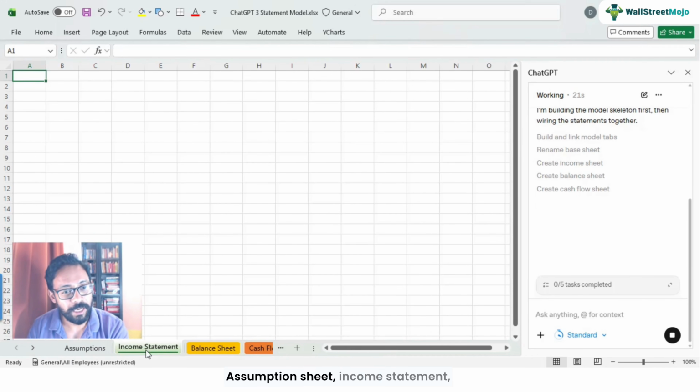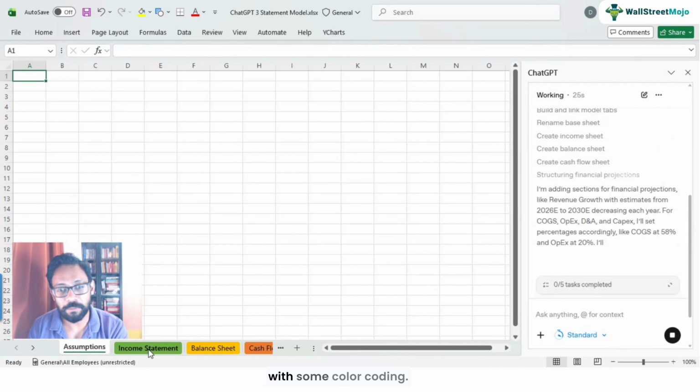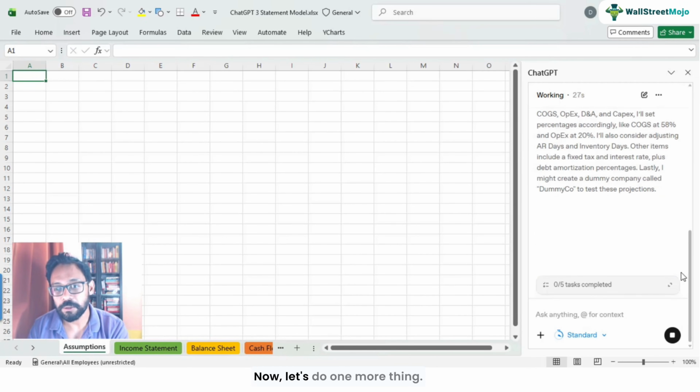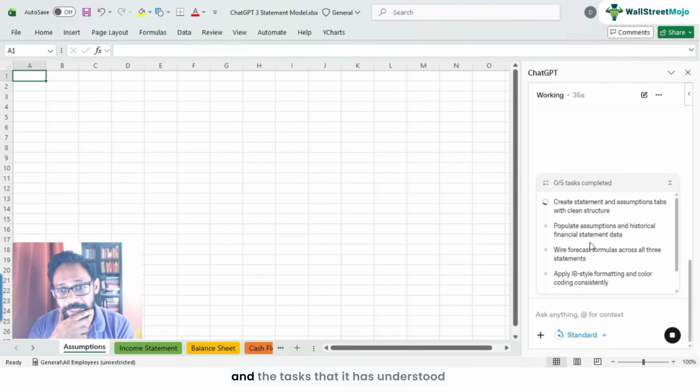Assumption sheet, income statement, balance sheets, cash flows. Okay, that sounds interesting with some color coding. Now, let's do one more thing. Let's see what type of task it's trying to complete, right? So here there are 5 tasks, and the tasks that it has understood from that very